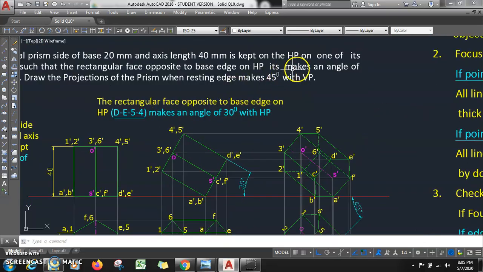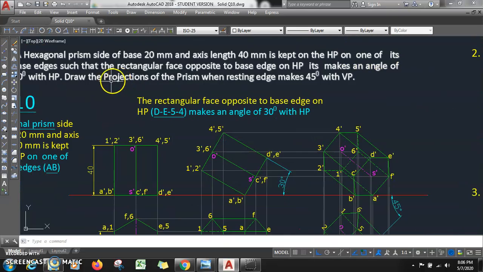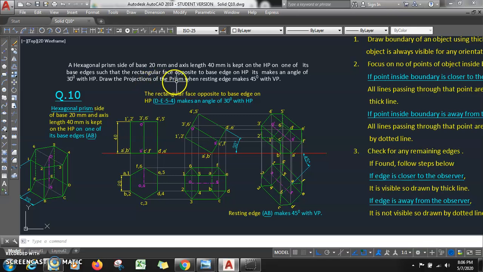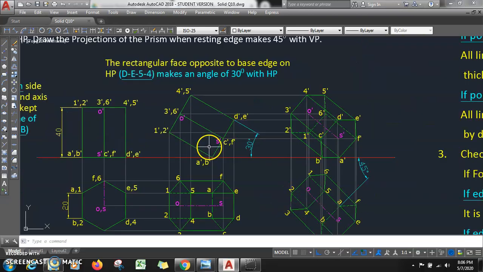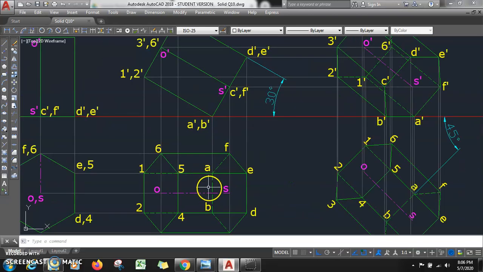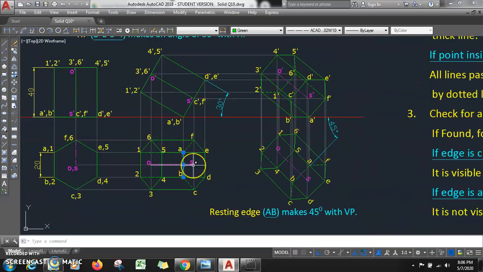Now for last step, what they have said, draw the projections of the prism when resting edge makes 45 degrees. resting edge कौन सा है, AB is resting edge। ठीक है, AB का लेंथ चेंज हो रहा है क्या, नहीं, तो that angle we will be using as it is। तो AB का एंगल कितना होना चाहिए, angle of AB should be 45 डिग्री। तो क्या करूंगा मैं, I will copy this object, complete object,